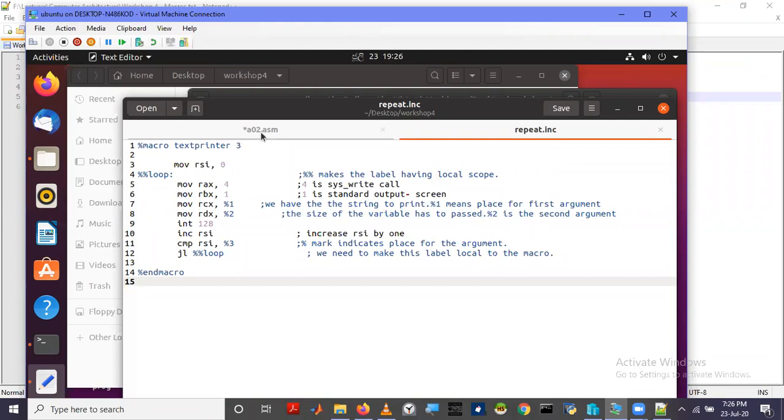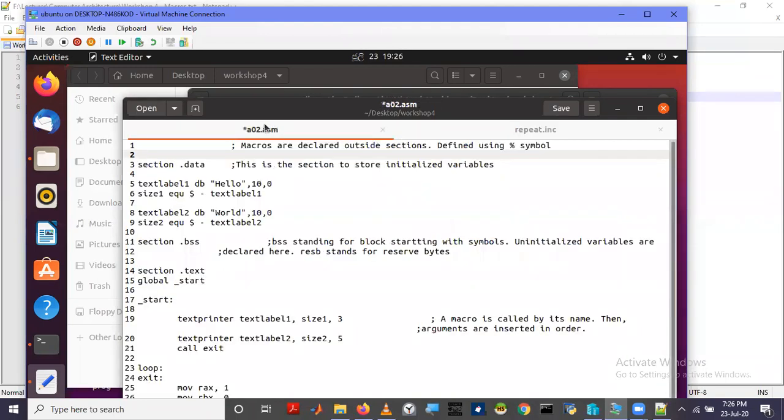So you need not declare it inside the main program. What you can do is just call it here. How to call a macro or any other external file?